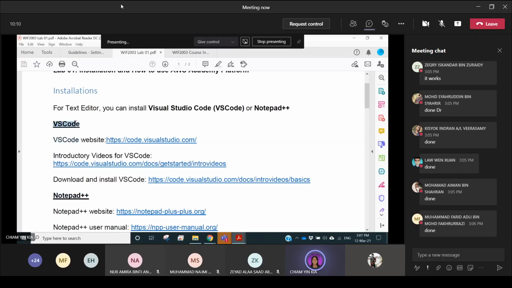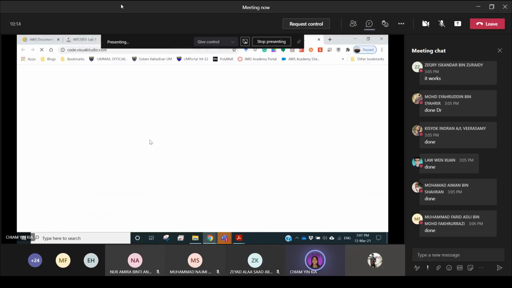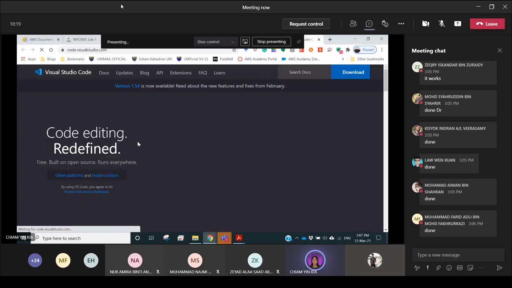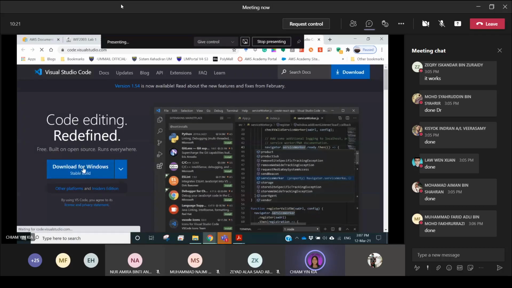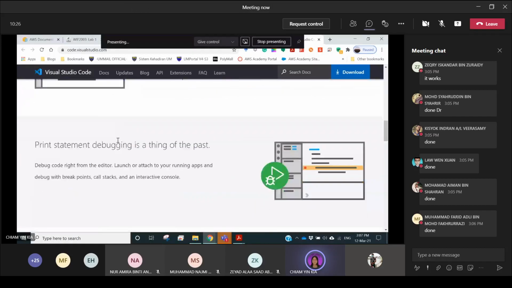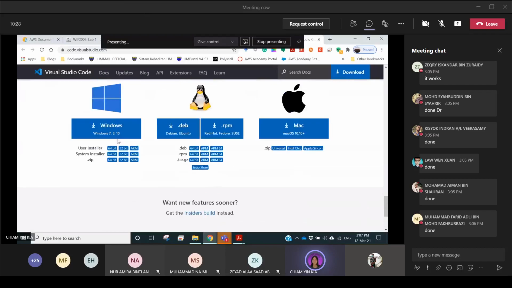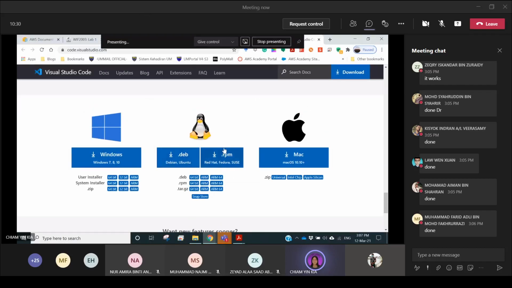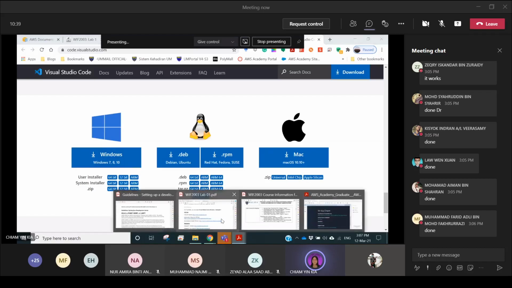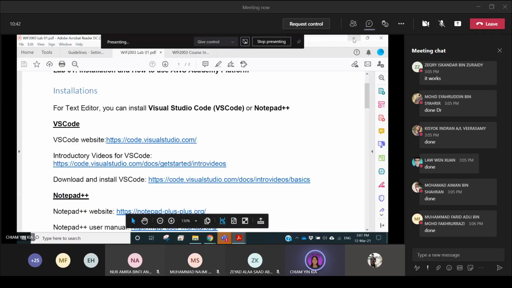If you prefer Visual Studio Code, then you can come to this website to download it. This is the download for Windows. Of course, they also support other operating systems. If you are using Linux or Mac, you scroll down, and you can also download for Mac and for Linux, not only Windows. So after you install it,